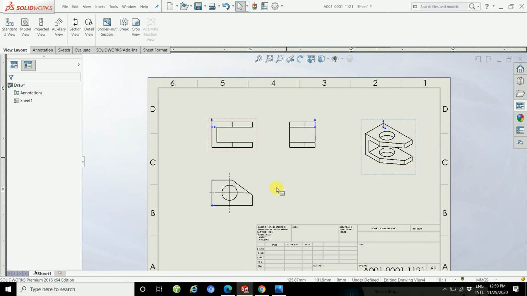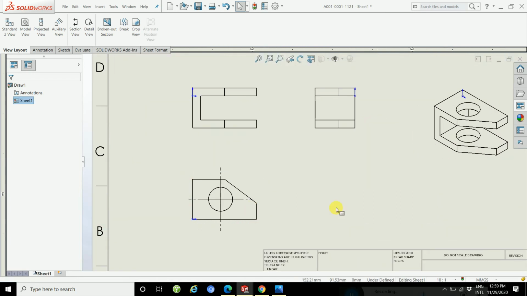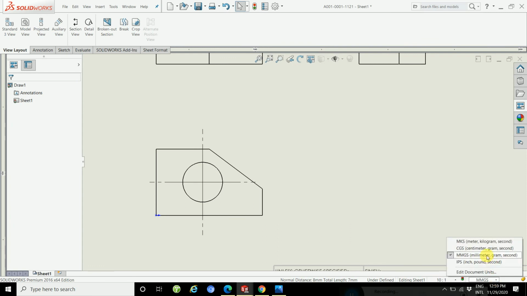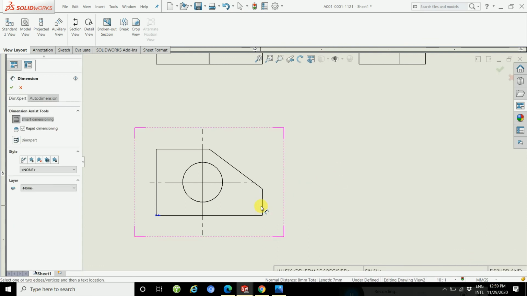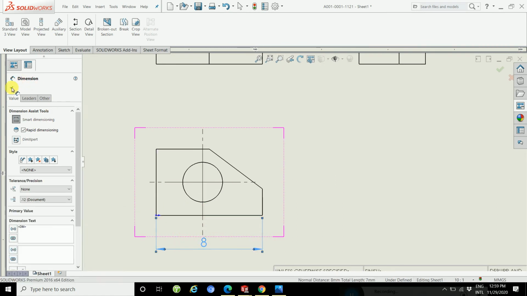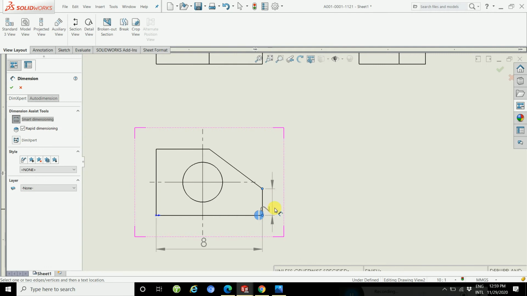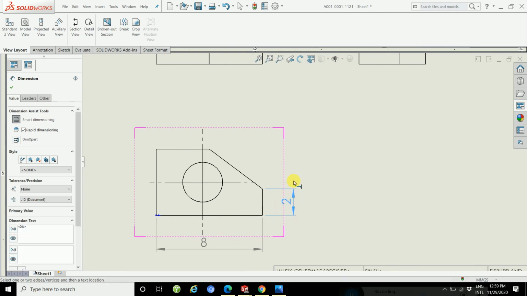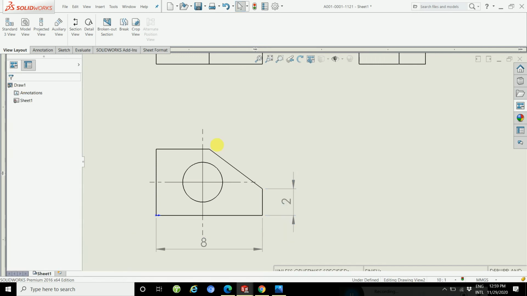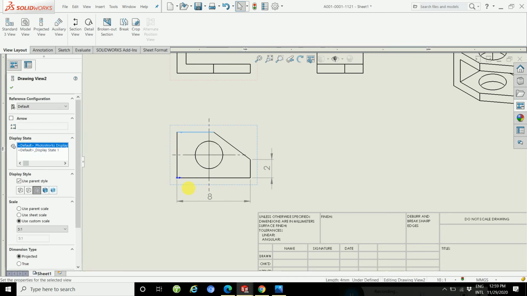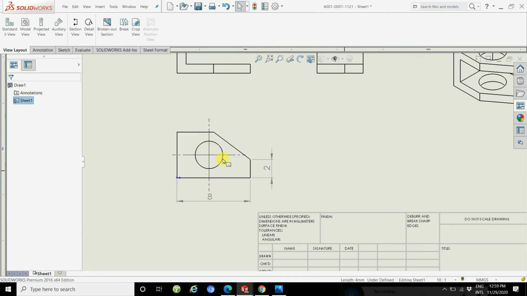So first you need the overall dimensions here, here. Apply here 8. It's fine. Then this dimension is 2 also. Overall length is scale.